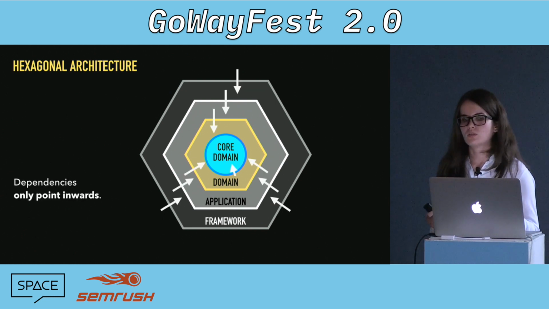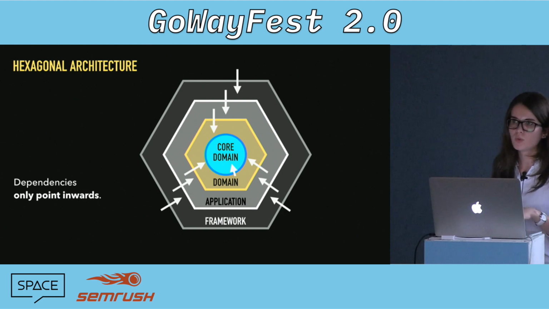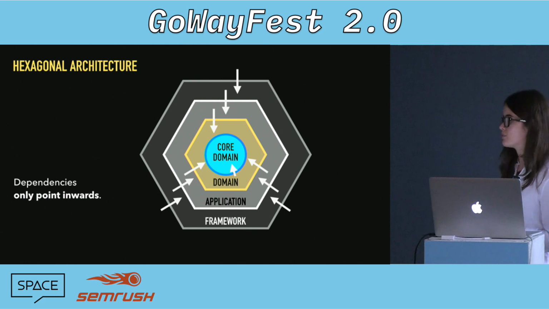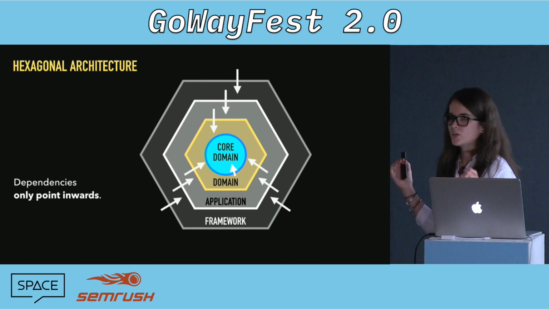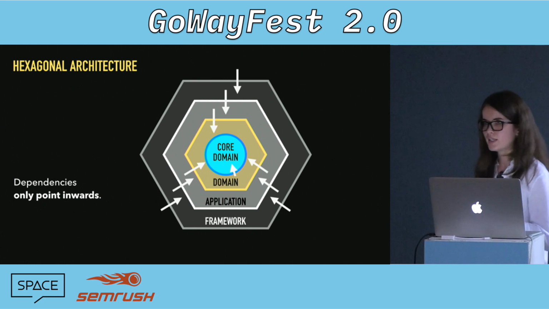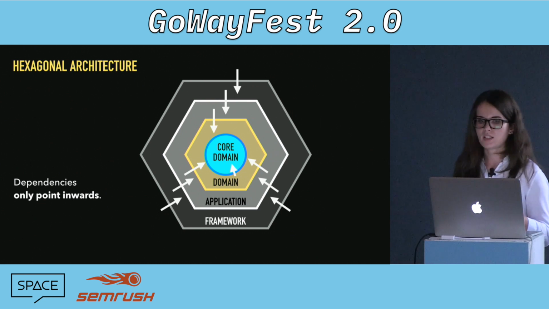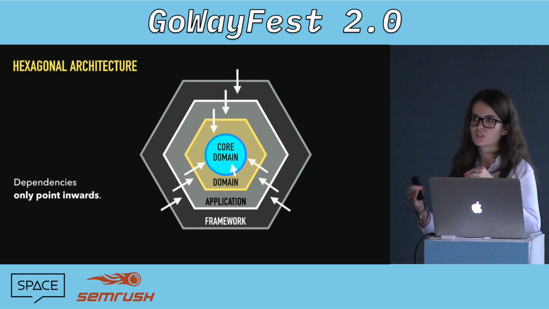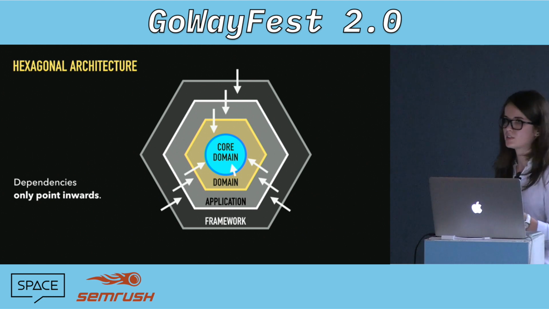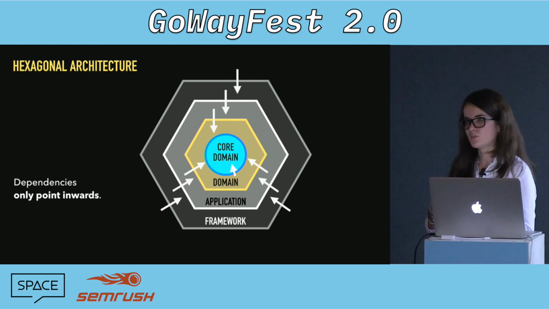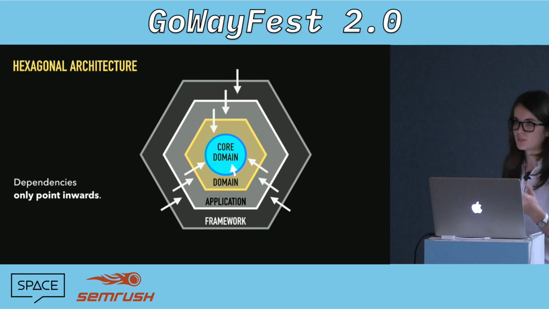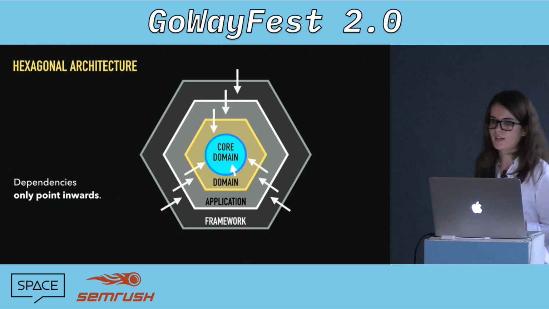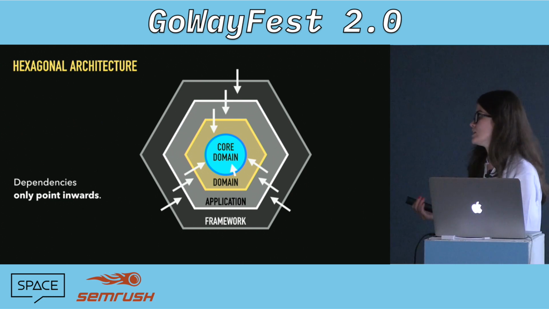How do you achieve the goal of being able to easily change one part of the app without affecting much else? Well, the key rule, and pretty much the only rule you have to remember from the Hex model, is your dependencies are only allowed to point inwards. So the outer layers can reach into the core domain for the definitions of structs and the business logic as much as they want to, but the core domain itself cannot reference anything outside of itself.